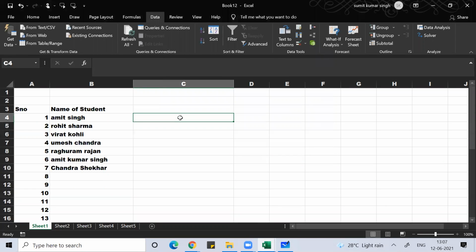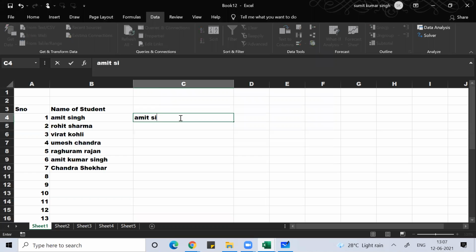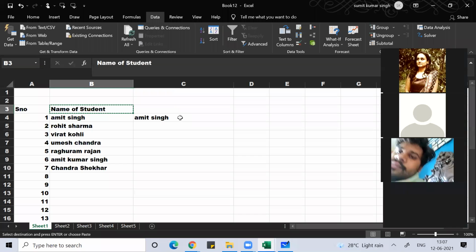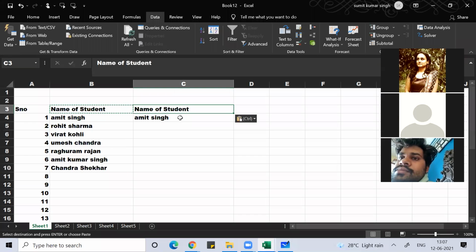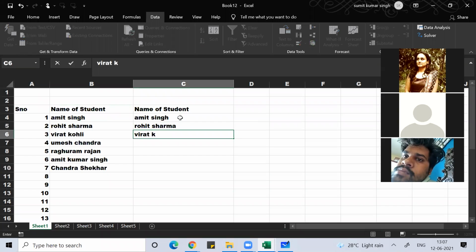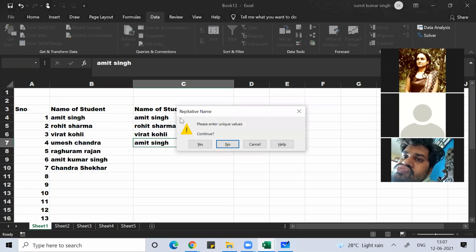So now, just give a heading, name of the student. Now, Supreet, your webcam is on. Amit Singh, then Rohit Sharma, then Virat Kohli. Then if I put Amit Singh again, see this: repetitive name, the heading.